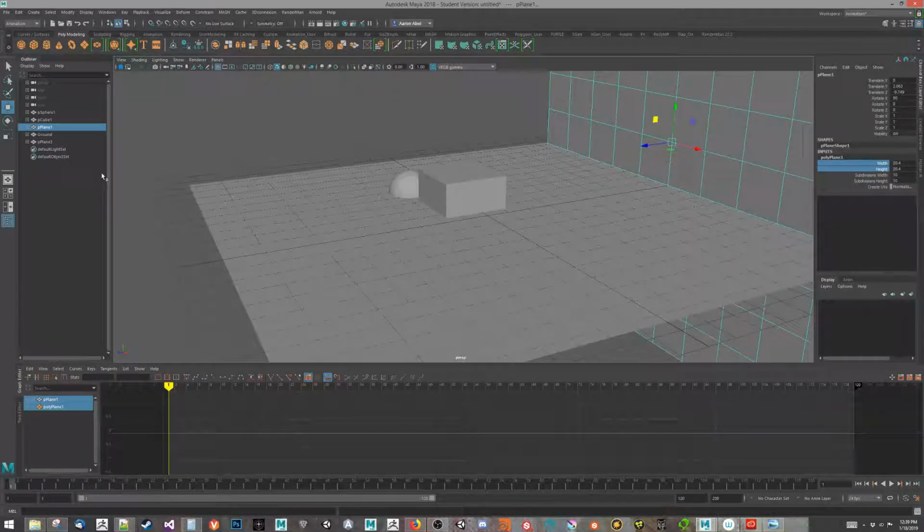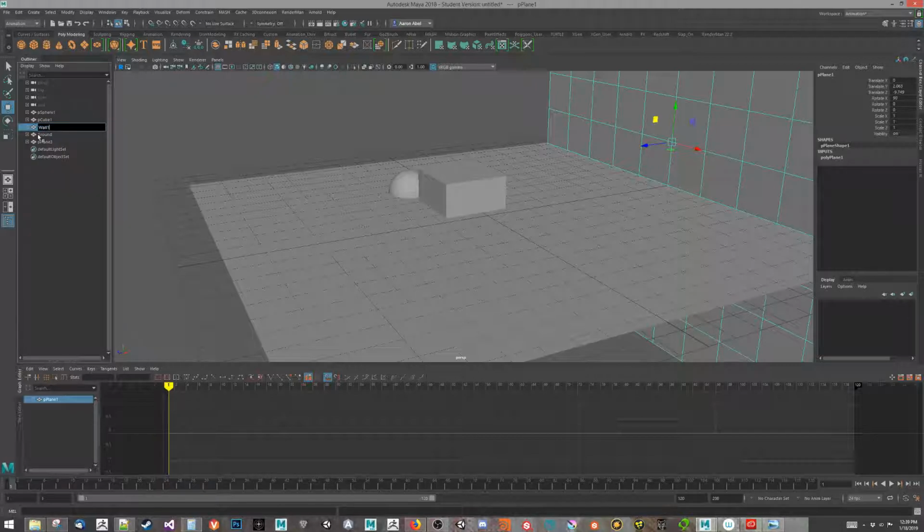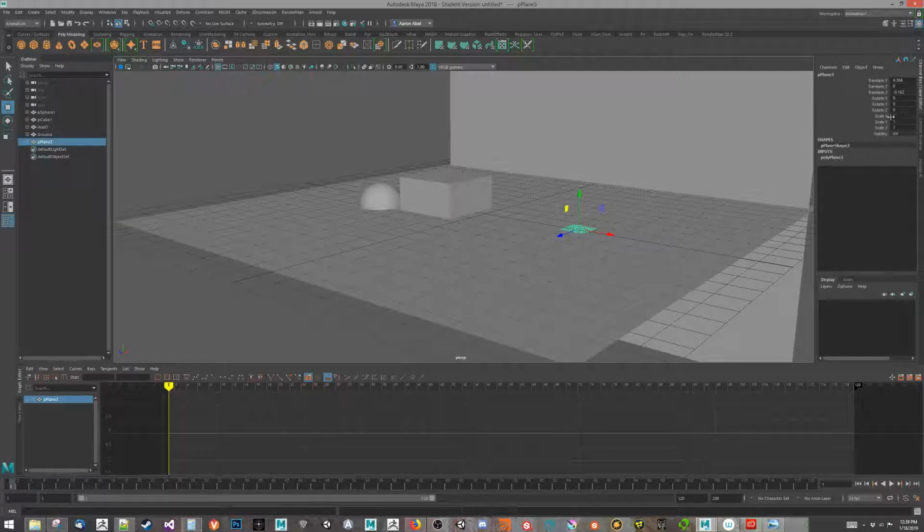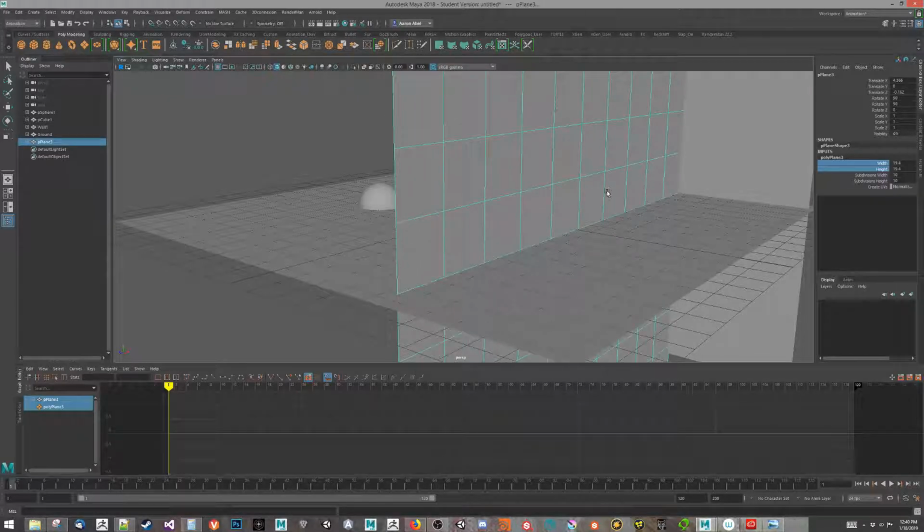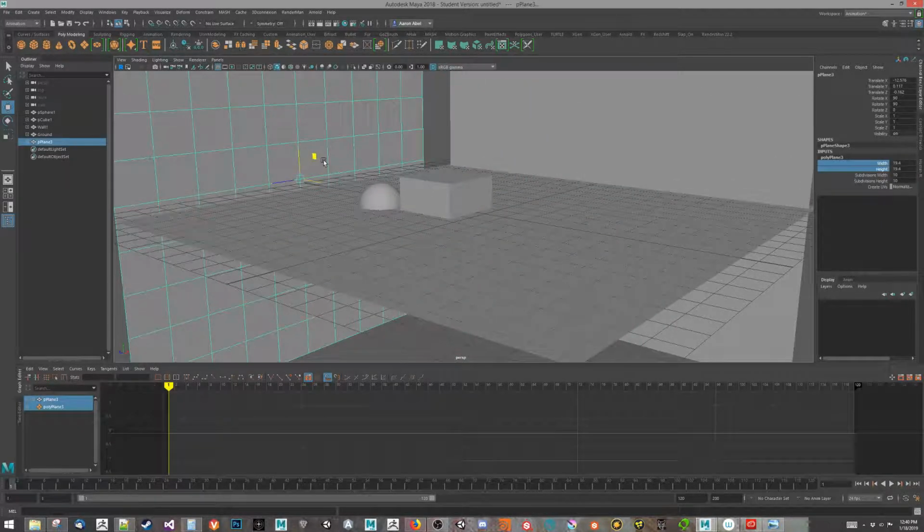That's good to start for now. And we'll call that wall 1. Select the other plane, and we're going to rotate it 90 on x as well. We're going to rotate it so that it rotates around the red arrow. And then we want it to rotate around the green arrow, the y-axis. So we'll give it 90 there as well. We want it to be bigger, so we'll select the polyplane input, select the width and the height, scale it up,